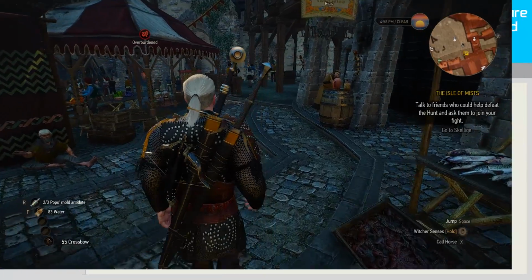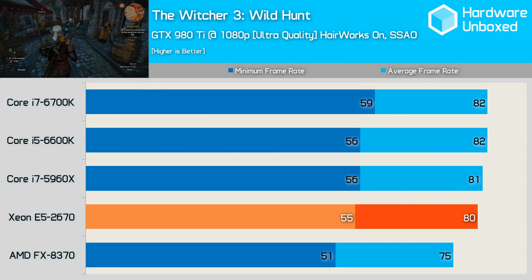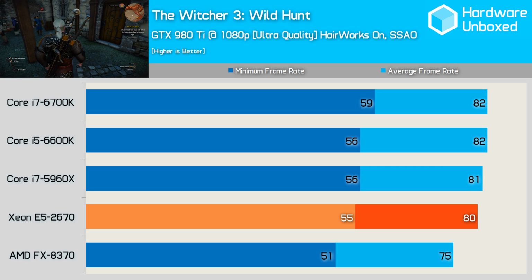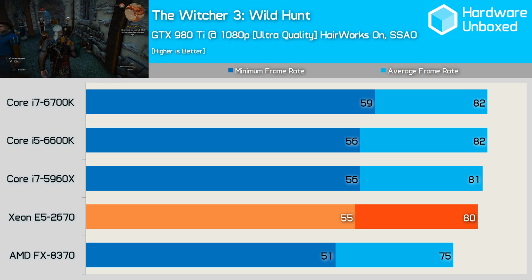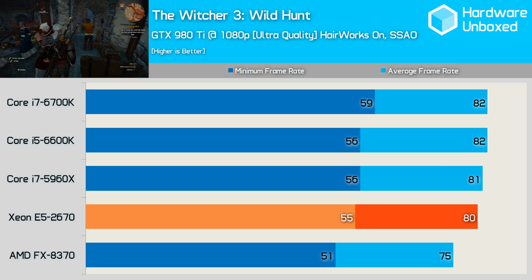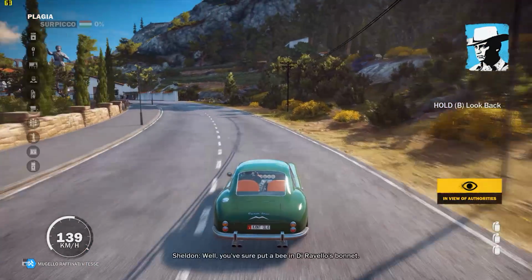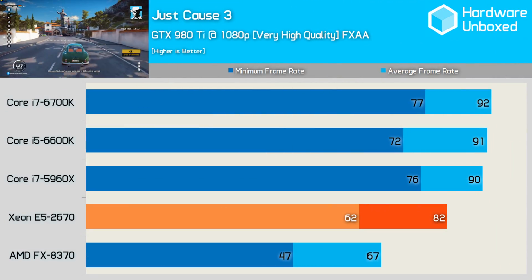It wouldn't be right if I didn't include some gaming benchmarks, so here they are, and first up we have The Witcher 3 Wild Hunt. In the CPU-intensive town of Novigrad, we see that the E5-2670 hangs in there with the 5960X, making it slightly faster than the FX8370. The lower clock speed of the E5-2670 does hurt it a little bit in Just Cause